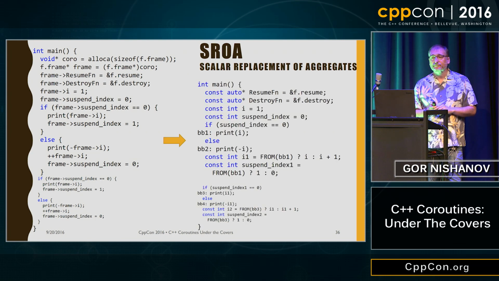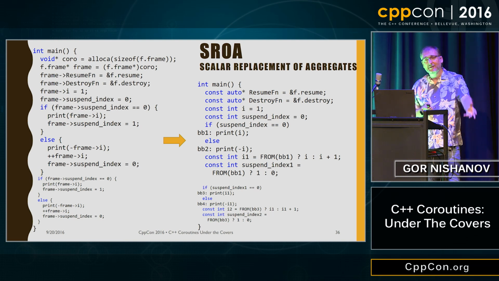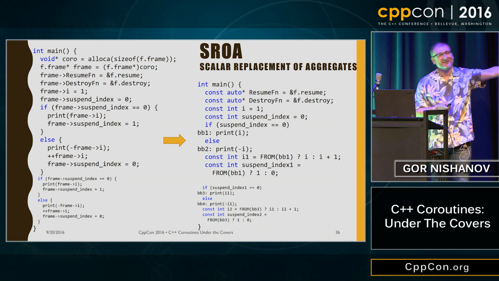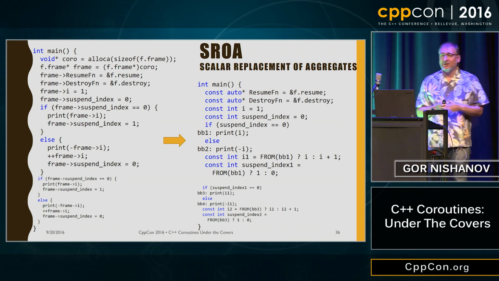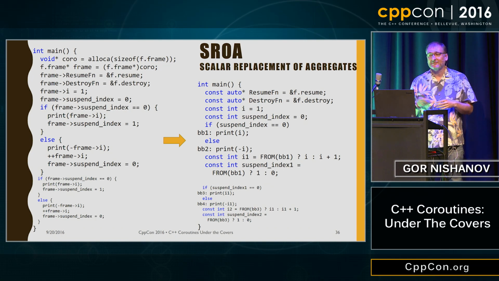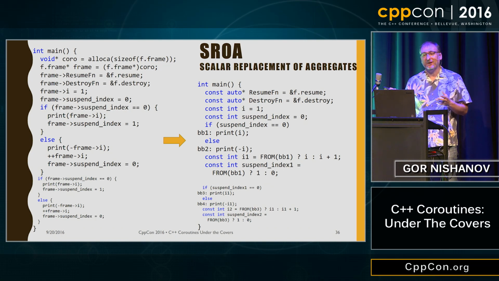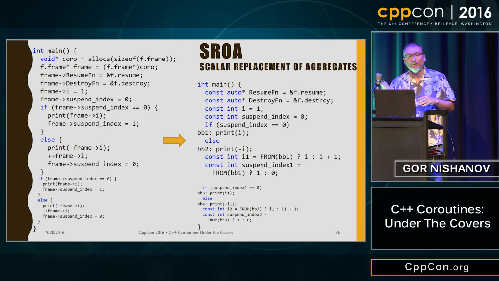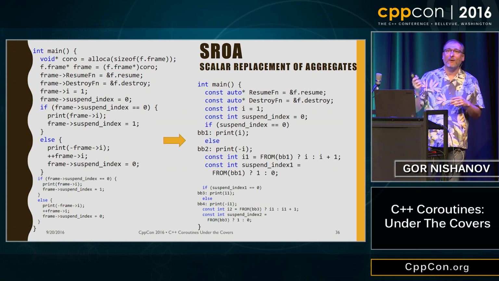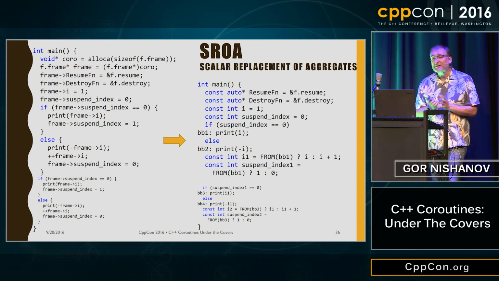So do throw, get rid of the struct, make everything into a constant. We will see here that our assignments of suspend index, they were all pushed down after the if, and I'm using this notation to explain where we call the magic phi function. So if I came from the block bb1, I'm I, otherwise I'm I plus 1. So once we did that,